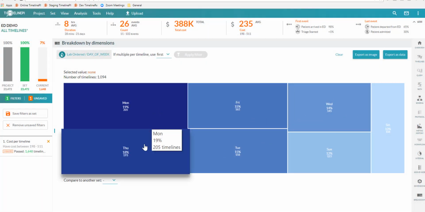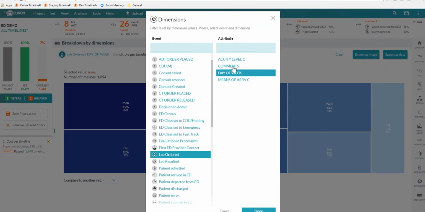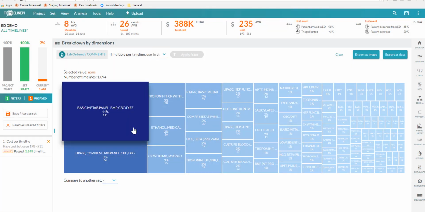That's a relatively even distribution there, day of the week. But actually, when we look at the different lab tests that are done, which is lab data contained in this comments field, we can see here that there is a lab test that looks like it's a large slice of the pie. So maybe we need to understand and go ask questions of the lab